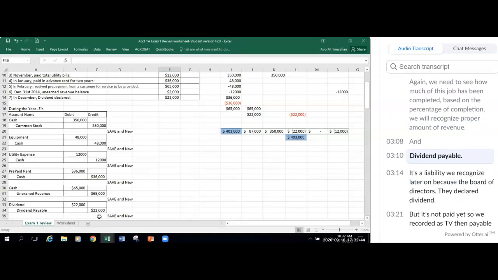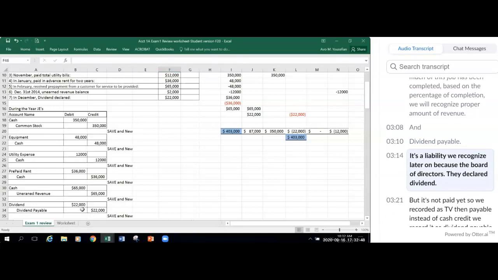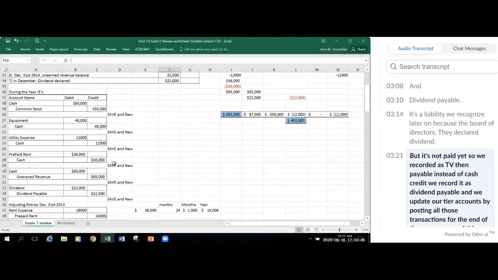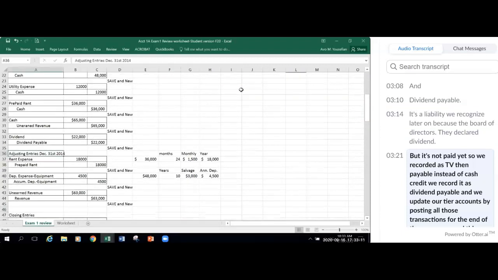Dividend payable, it's a liability we recognize later on because the board of directors declare a dividend, but it's not paid yet. So we record it as dividend payable. Instead of cash credit, we record it as dividend payable. And we update our T accounts by posting all those transactions. For the end of the year, we record this